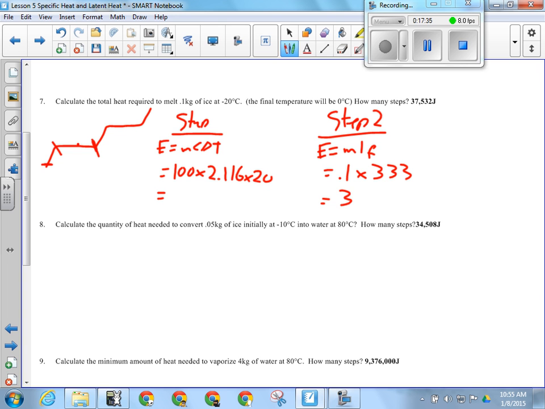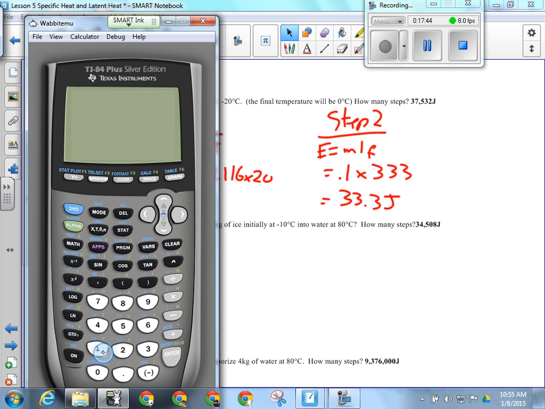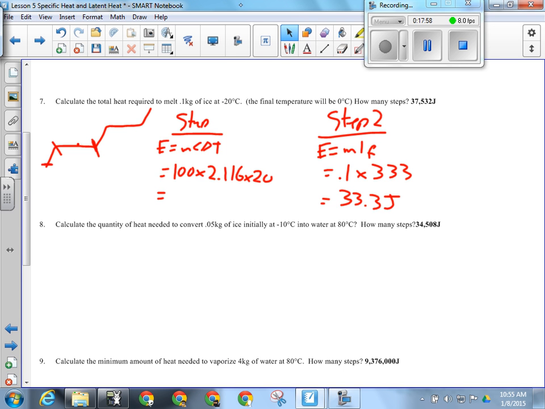Right, so we're looking at 33.3 joules for this step, and 4.232 for the heating of the ice. All right, so when we add those together,